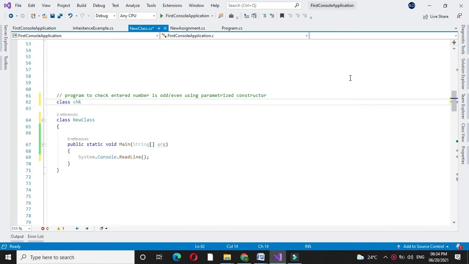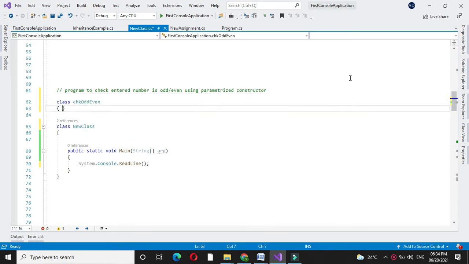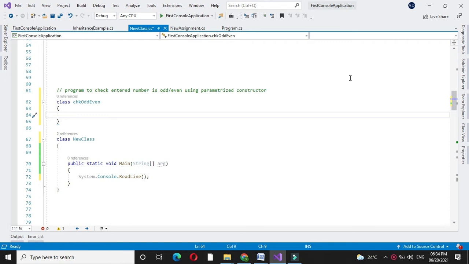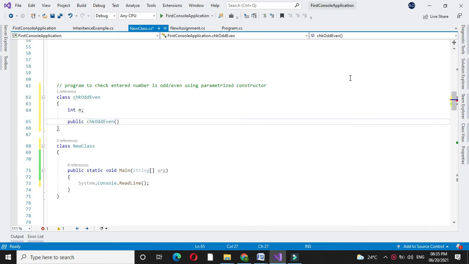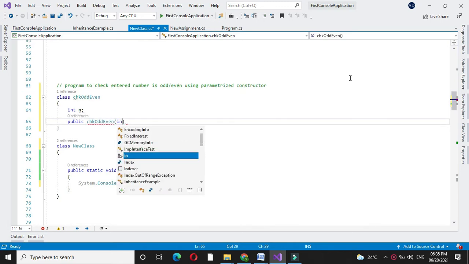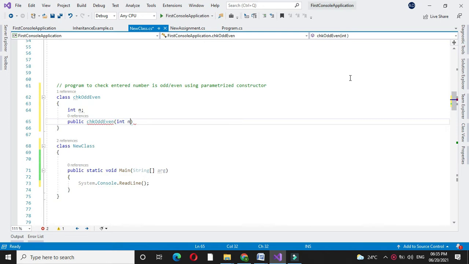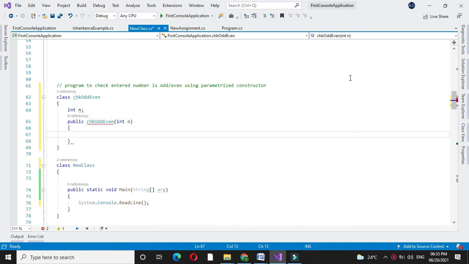chkOddEven. Here we will declare one local variable n and we will define a constructor. As you know, the class name is the constructor name. And here we will use a constructor with a parameter. Then we will assign the local variable with the constructor variable,